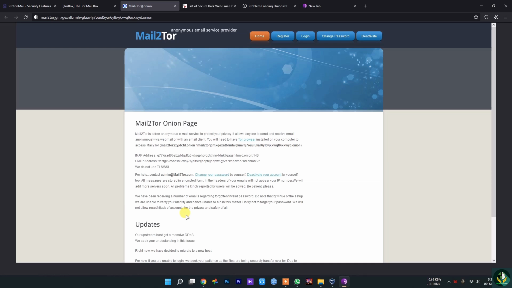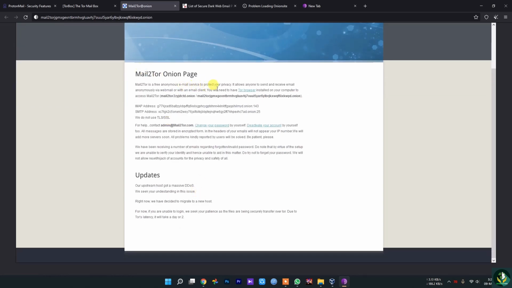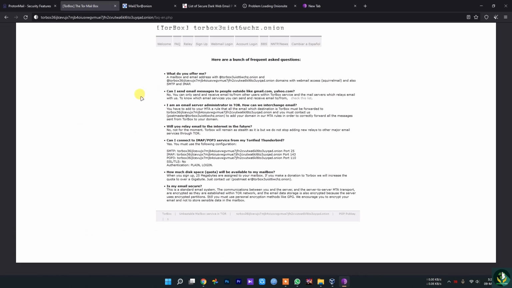This is the Mail to Tor onion page. Mail to Tor is an anonymous email service to protect your privacy, and it allows anyone to send and receive email anonymously via webmail or an email client, but you do need to use the Tor browser to access Mail to Tor, because otherwise you cannot access it. It's also a good alternative to Proton Mail or Torbox, but in my opinion Torbox is the best.